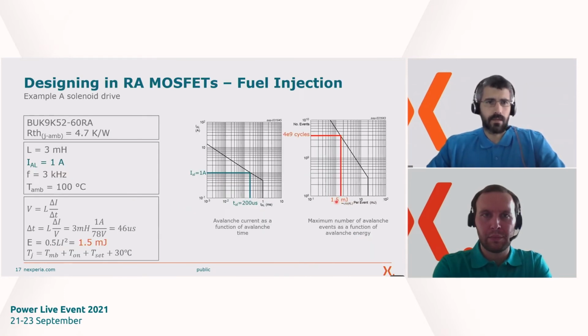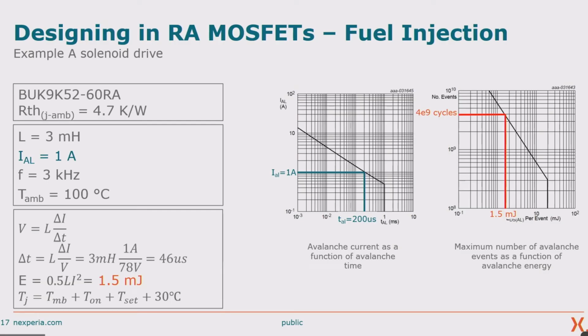So let's see an application example. Let's consider an application driving a 3 millihenry solenoid with 1 amp at 3 kilohertz. So this 3 millihenry is really just the model of the solenoid drive. Actually, the inductance changes as the core shifts within the solenoid, but we're interested in the inductance at the end position of the core. So we take the current and apply it to the first